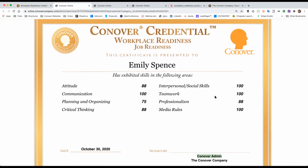Someone asks, can students redo a topic if they do not gain the certificate? So yeah, the way that our system works is they take the pretest, right? And they have the opportunity to test out. Like Emily here tested out, she scored above 70 on everything. If they don't, then they go through the whole unit, right? Say for example, planning and organizing, she scored 50%. So she didn't get that, but she went through the curriculum and then went through the post test, and say she scored a 60%. So to answer your question, yes, they get one retake for every competency to get a